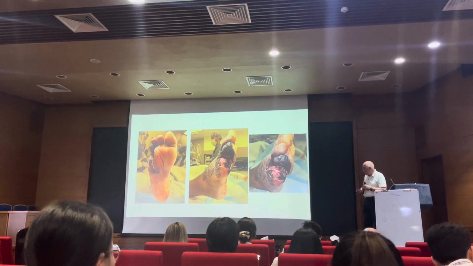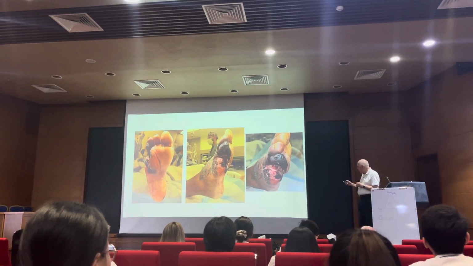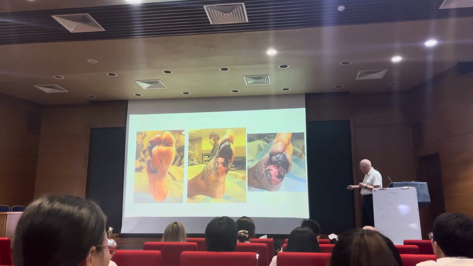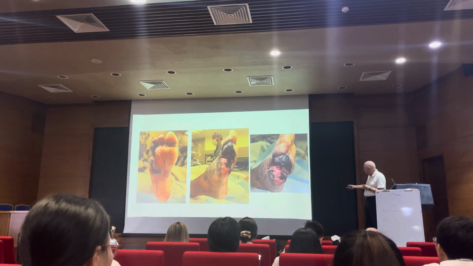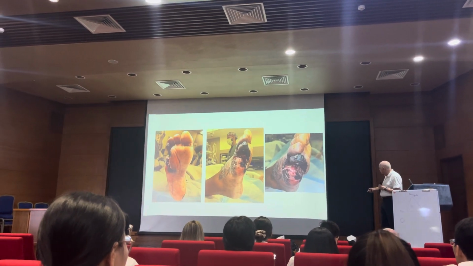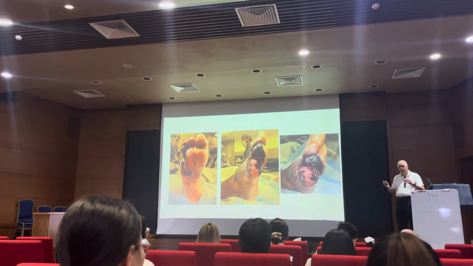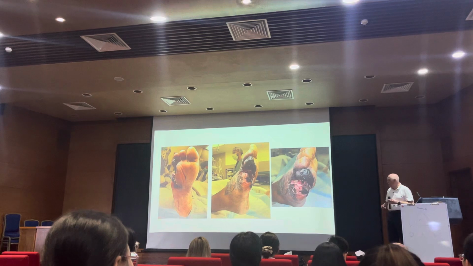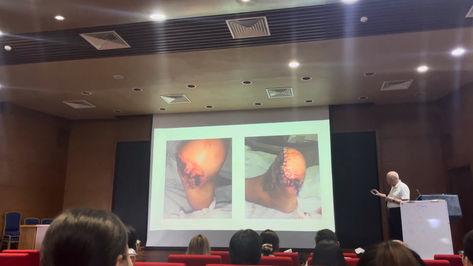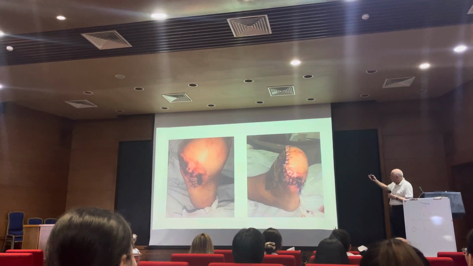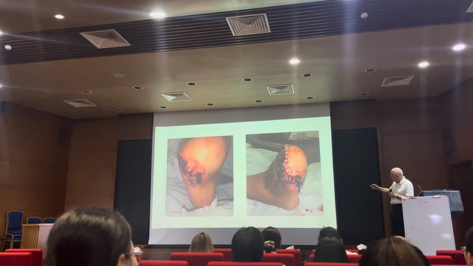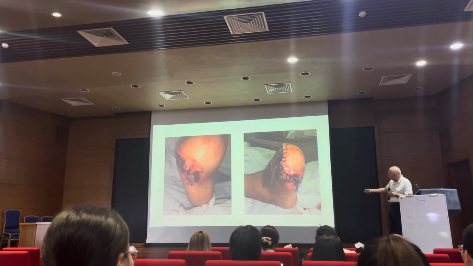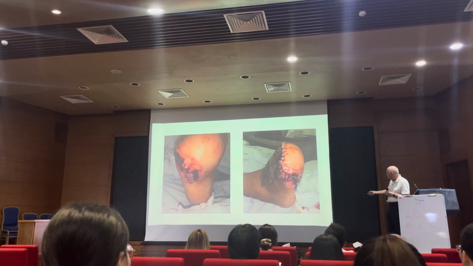And then we brought her back to the operating room. We went in and we took out this wedge of tissue here, all this black, the third toe and the black tissue, all this gray tissue. We packed it open for a couple of days, and then we took her back a few days after that. And we pulled all the tissue together, and we did the TMA. And you can see here that we closed the wound completely here.